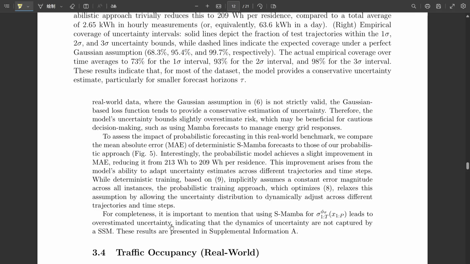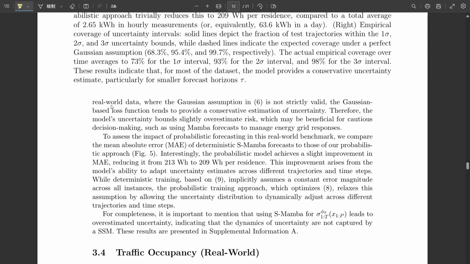The failure occurred when they tested it on synthetic data generated by Brownian motion. Brownian motion, like a pure random walk, where each step is just random noise added to the last position. Exactly. It's a process where the randomness isn't just added noise on top of a smooth path. The randomness is the path. It accumulates over time. The key thing is its variance grows linearly with time. The uncertainty inherently increases the further out you forecast.